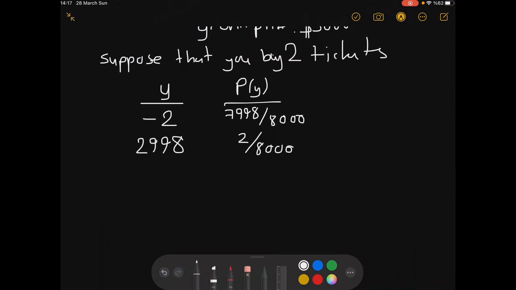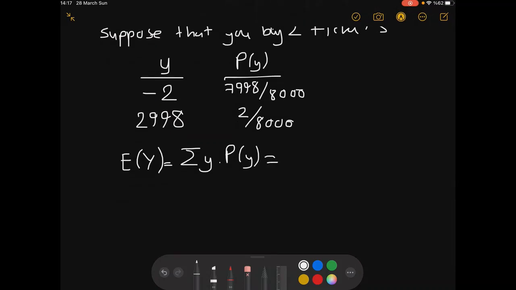Now if we try to calculate the expected value of Y, we multiply the random variable values with their corresponding probabilities,